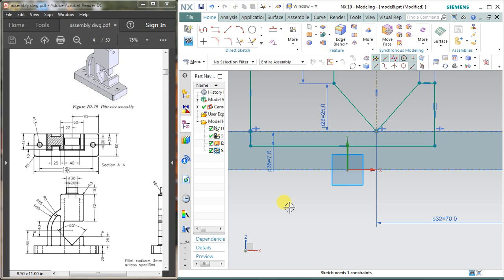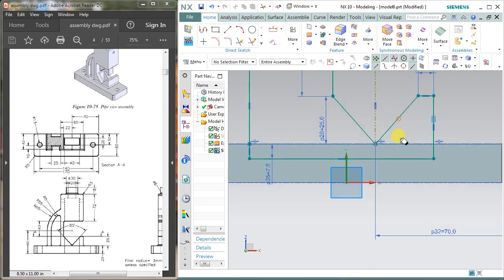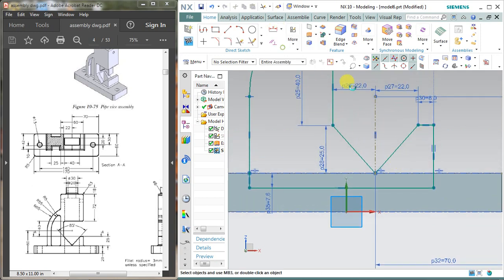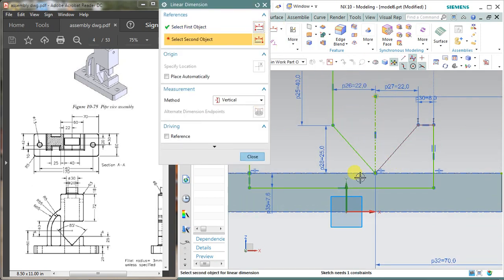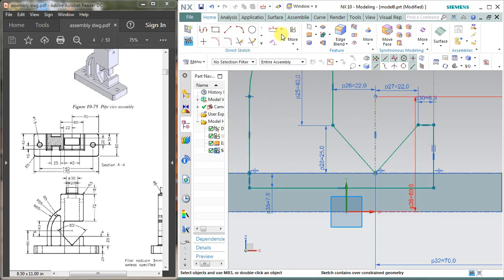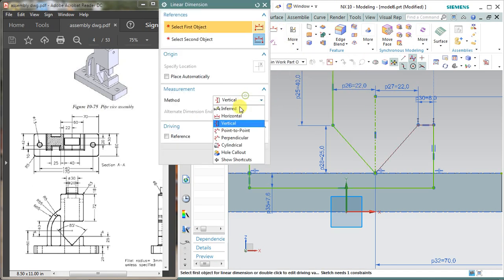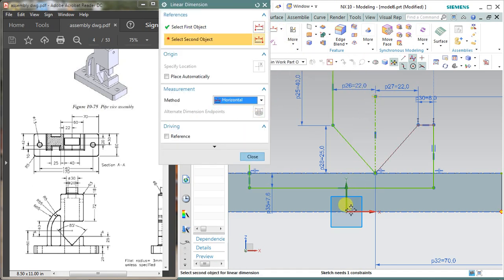My sketch needs one constraint, so let me see which constraint is needed. Vertical, select this point and this point, cancel it. Select linear dimension, horizontal, select this point and this point.